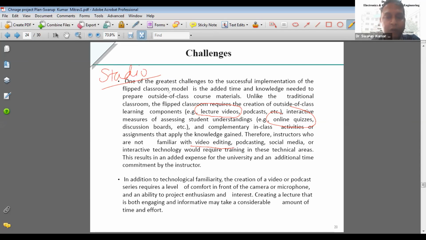Another challenge is that when I am teaching in offline mode I may be much better, and in online mode, sometimes, initially in COVID, there was some sort of problem, and some of them are not comfortable with the video. Whenever we are making a video, the students are not in front of us, we don't get any reflection of what we want to tell. So there is some sort of error. We wanted to bridge the gap. If we can make the video in a live mode, it may be much better. So we are thinking of that.